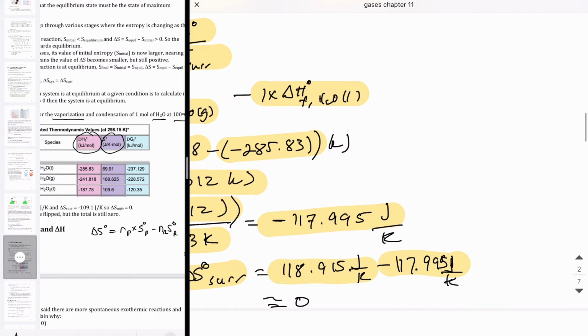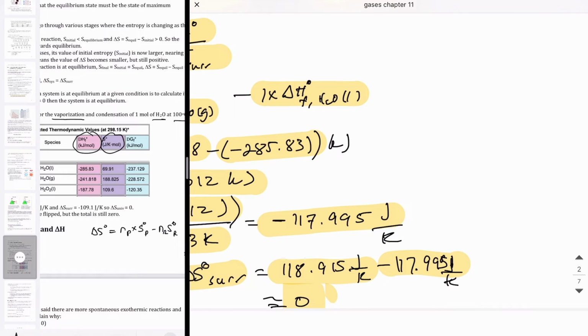And when I get the two numbers, you can see how they're really close together. One of them is 118.9, the other one is 117.9 or almost 118. So pretty much when you add the two of them together, you get a number that's pretty close to zero. The reason it's not exactly zero is just because of experimental measurements. Some of these measurements are not necessarily done at the appropriate temperature where the values are supposed to be done, right? And so we're kind of making a little assumption here about the numbers not changing at different temperatures.